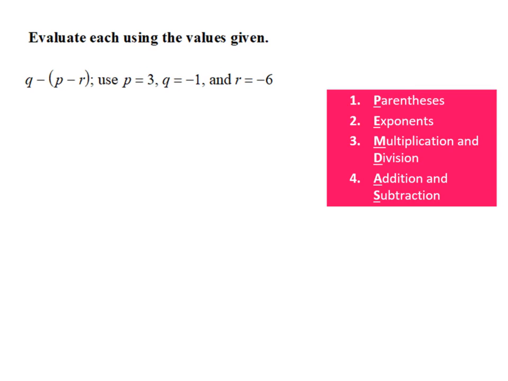For the next example, we can substitute 3 for p, -1 for q, and -6 for r. Now if we rewrite this, we'll have -1 instead of q, minus a 3 for the p, minus a -6 for the r. Now first we need to simplify